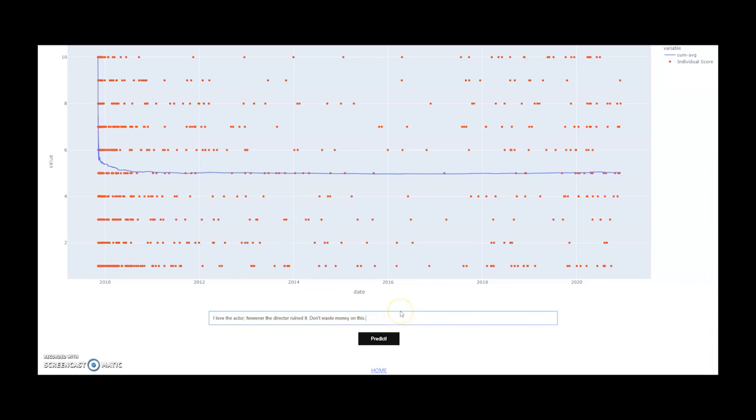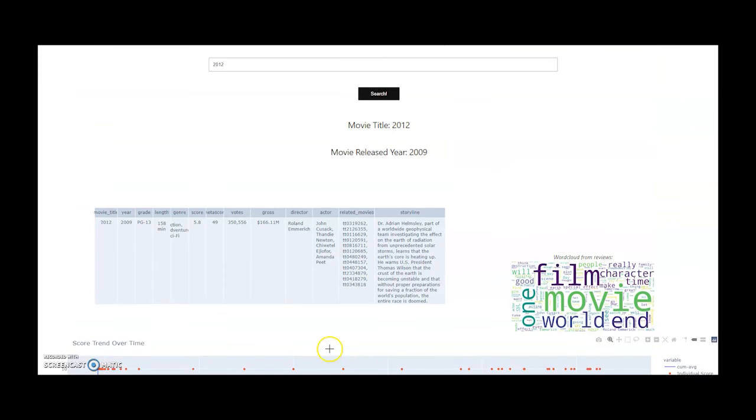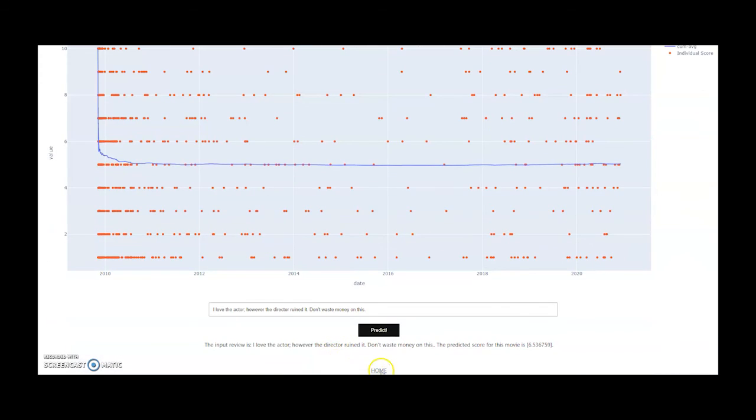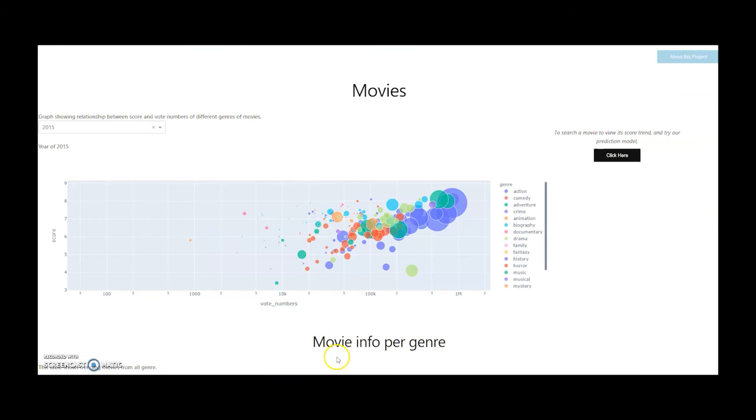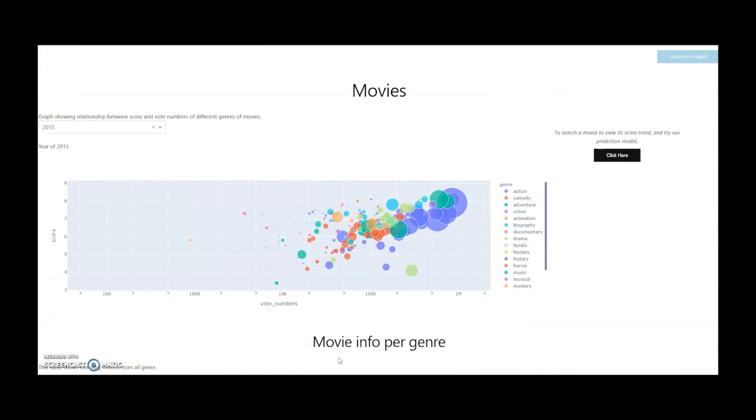Okay, so I'll say 5 or 6 because I still will have some score for that actor I love. And the predicted score is 6.53, which is higher than what I'm thinking, but it's still there. Alright, this is just the search page, and then I have a link to go home, but that's about it. That's our app on the movie data.